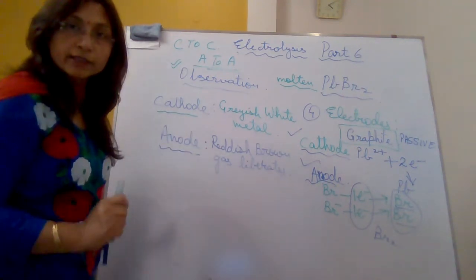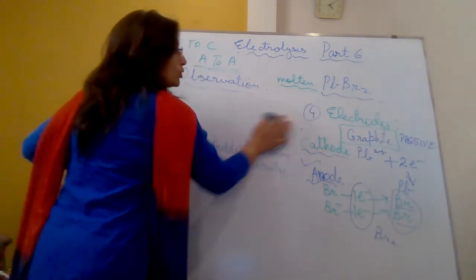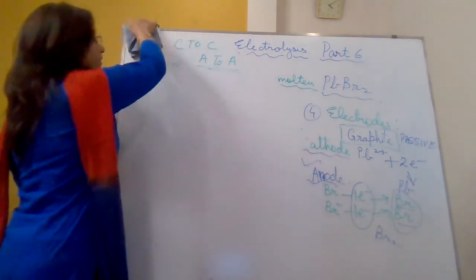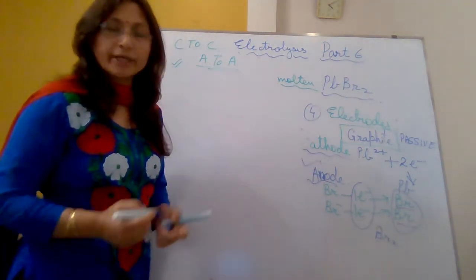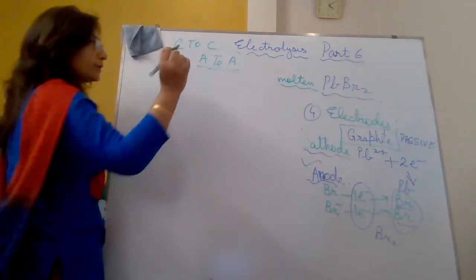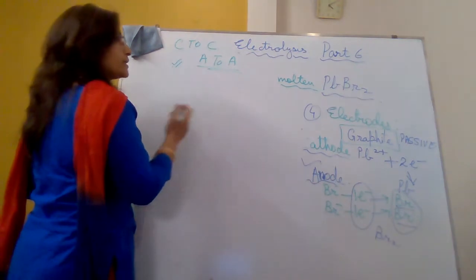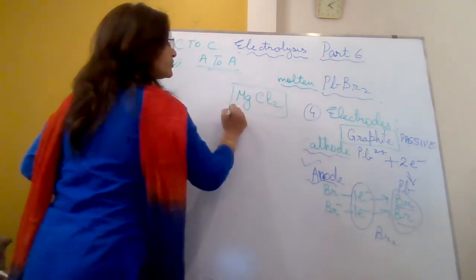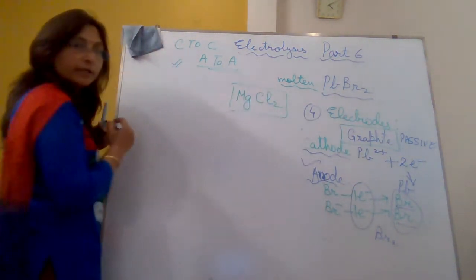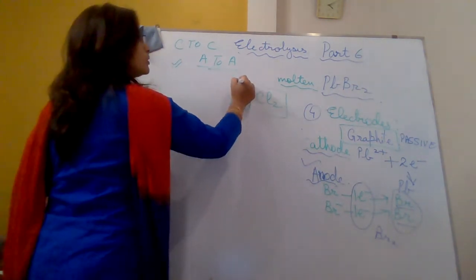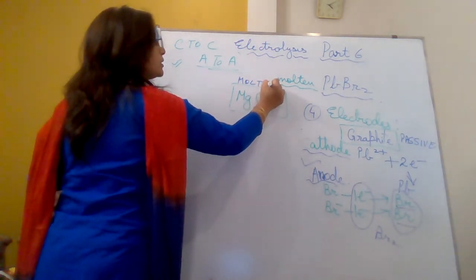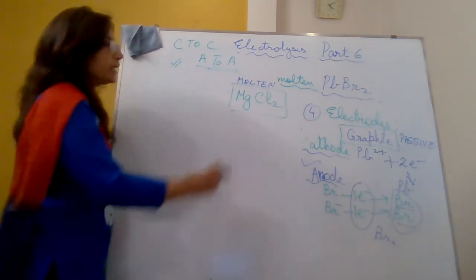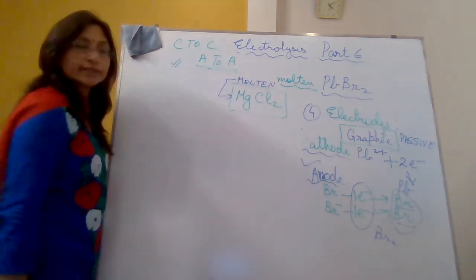स्पेशली जब हमारा इलेक्ट्रोड जो है वो पैसिव है यानी नॉन रिएक्टिव है। अब मैं आपको एक बहुत इंपॉर्टेंट बात डिस्कस करना चाह रही हूँ, and that is, अगर मान लीजिए मोल्टन लेड ब्रोमाइड की जगह if someone asks you that no, we don't have lead bromide, let's have मैग्नीशियम क्लोराइड, suppose we have this salt, ठीक है, मैग्नीशियम क्लोराइड, and this magnesium chloride is also in the मोल्टन स्टेट, ठीक, मोल्टन मतलब फ्यूज्ड, पिघला हुआ, ठीक, यानी कि when this magnesium chloride is molten, जिस समय वो